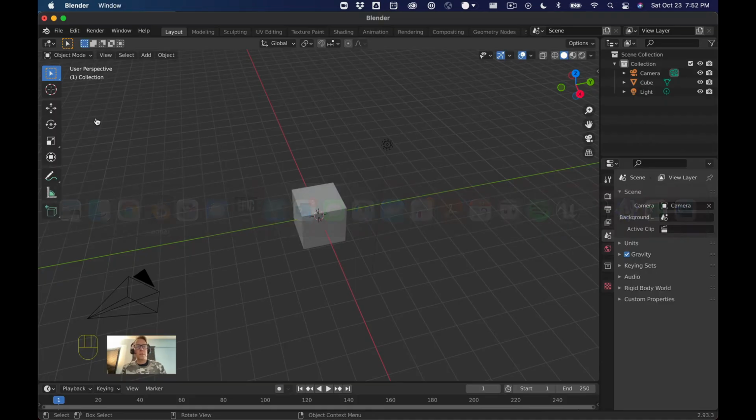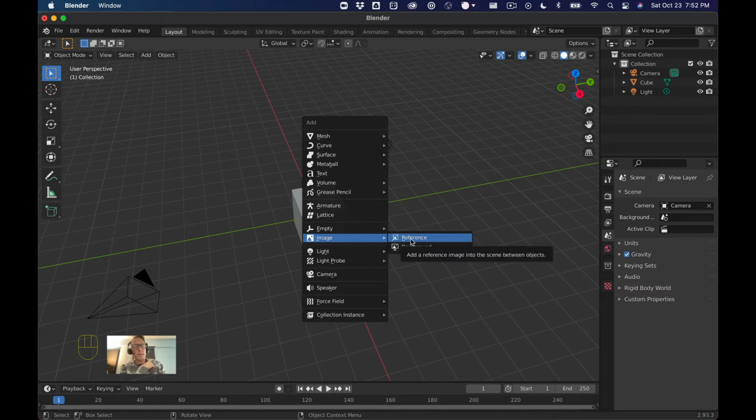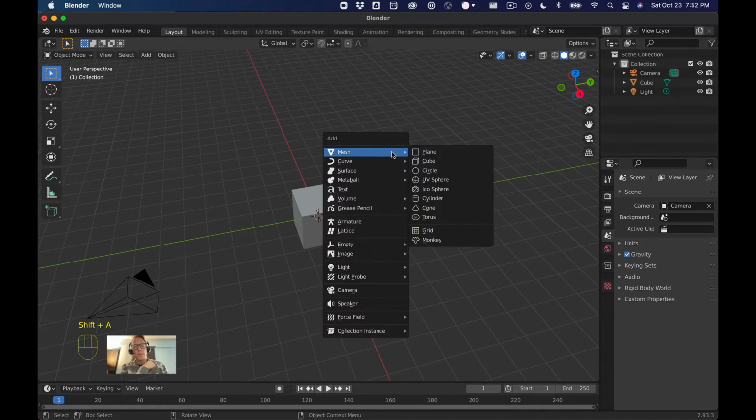So let's go ahead and go to Blender. And Blender has this really cool new-ish feature that you may have not ever used before. If you do Shift A, you can see it in here. Now, mesh is something you've done before, probably a lot of. But if you go to image, you can see there's a reference image that you can add in here. So, but before we do that, actually, I'll do it right now, just so you can see a little wonky